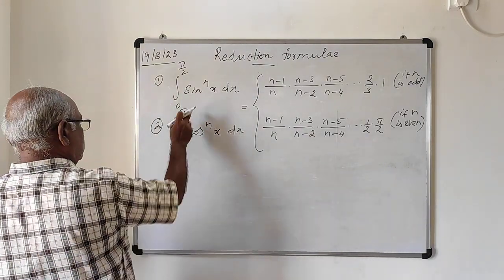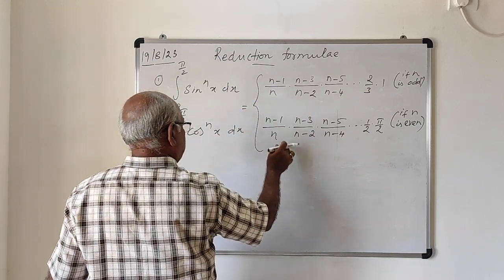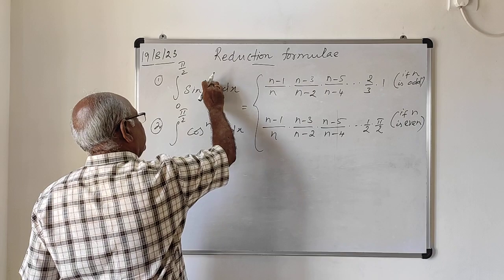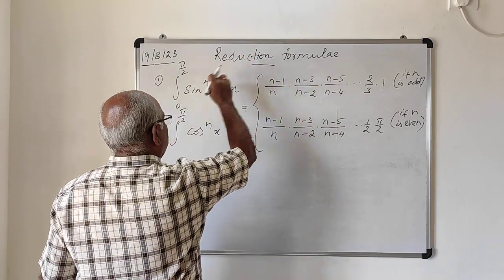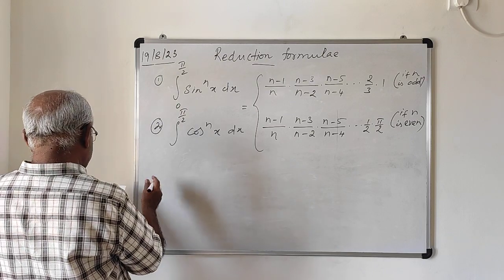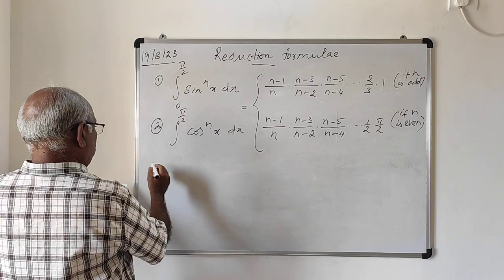Next one, for these two cases, these are the results. Whether the function is sine or cos, if n is odd, this is the result. If n is even, this is the result. For both the cases. Next, consider the problem. Evaluate